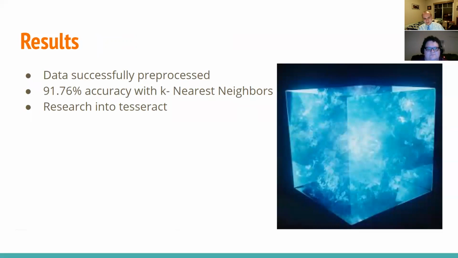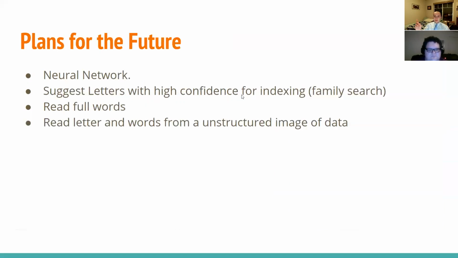exactly 91.76% accuracy. We also did some research into a program called Tesseract. It's very much like TensorFlow, except while TensorFlow is using neural networks and various other things, Tesseract is similar, but not the same. It is used for OpenCV, or I should say computer vision. You can use Tesseract and take pictures of things, and it's doing what essentially we were trying to do. So while we did some research into it, we realized we don't want to use Tesseract, we want to be Tesseract. But we did do some research into that. We wanted to present that. It's a pretty cool thing. Check it out.